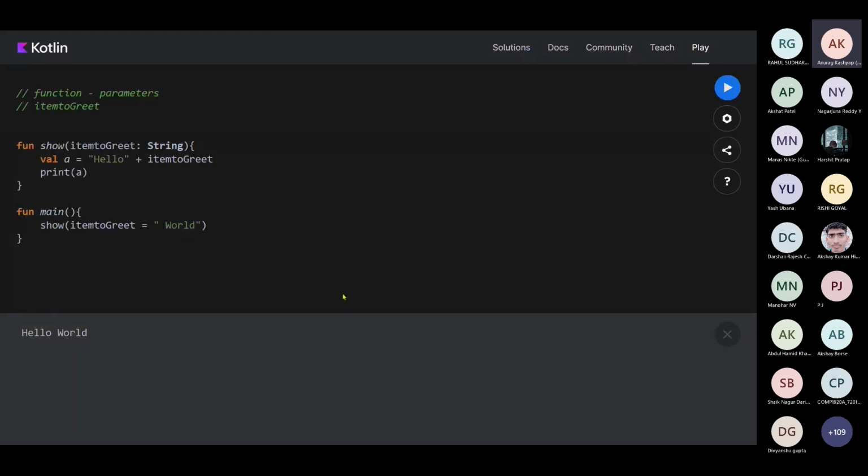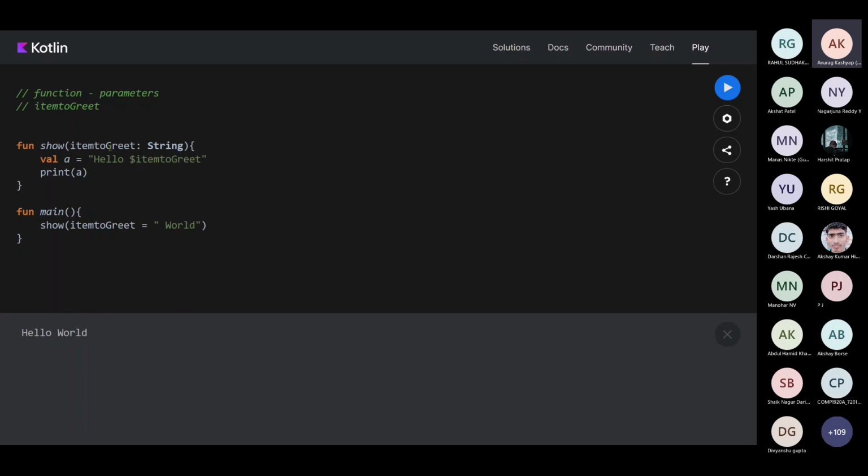So I'll do something unique this time. I'll remove this. What I want is the value of item to greet. As I said, if you want to access a particular value, you need to use the dollar symbol. I use the dollar symbol and item to greet.